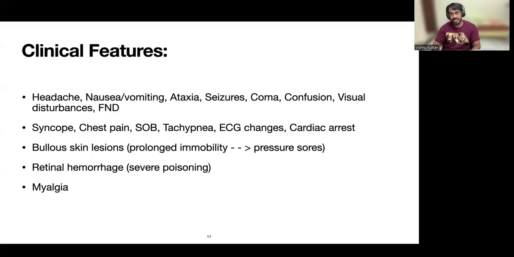These are some of the leading questions that you can ask to increase your suspicion that the patient might be having some sort of poisoning. And why we are stressing so much that we should identify this headache as a headache, and not mistake it for an FND or a seizure, is because chronic carbon monoxide poisoning can have delayed sequelae in the CNS. You can have delayed neurological sequelae, and its incidence is quite high. It can rise up to 30% in some studies; as per Rosen's, it can be as high as 30%. And the entire reason why hyperbaric oxygen is given to these patients is not for mortality benefit. It is actually to prevent the incidence of